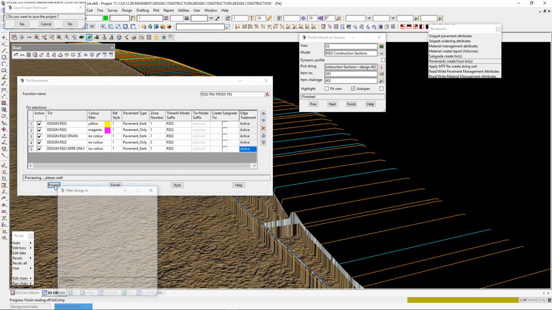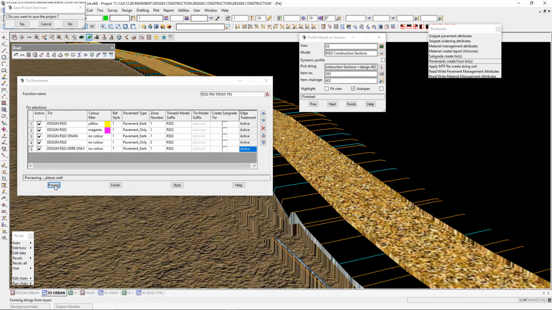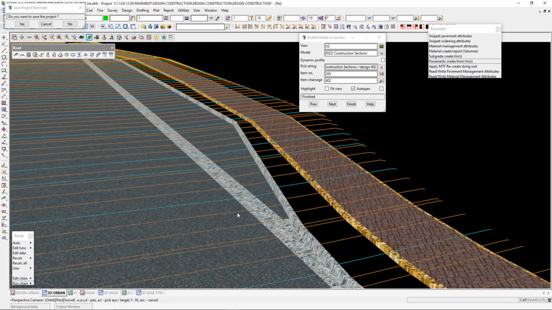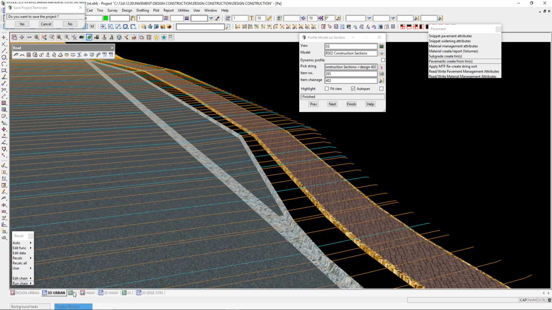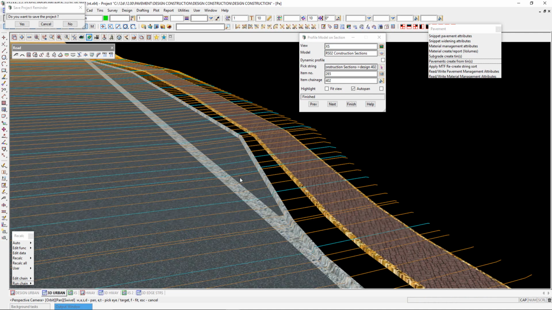So it's relying on the coloured pavement to relate the pavement profile to it, and also any edge strings. So it's always handy to colour the edge strings or place the edge strings onto a different model, so that when it comes to picking those edge strings, you're not picking all the strings that come from the original design. It has to step through all those strings in order to find the ones that you're after, so it's a lot faster if you just copy the few strings that you will need onto another model, and just give them